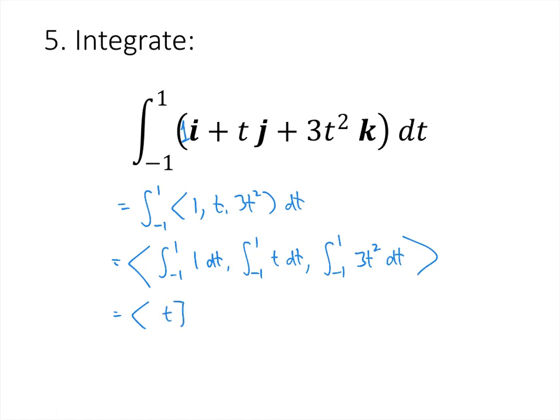Antiderivative of 1 is t. Antiderivative of t is 1/2 t squared. And antiderivative of 3t squared is t cubed. Plug in 1 and subtract, and in this case we get 2, 0,